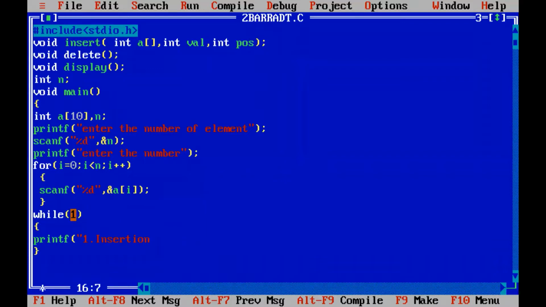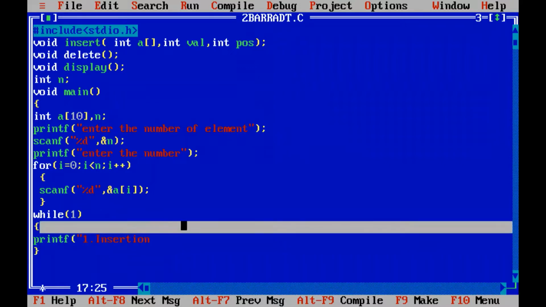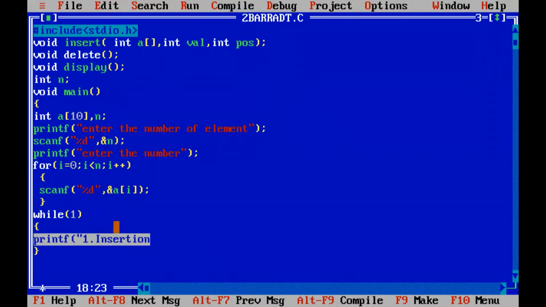1 and 0. 1 is taken as true, but if I give 0, it will be taken as false. So by default, without any proper condition, we are giving directly true. When we give 1, that means every time it will be executing the statements. It makes an infinite loop. Whenever the while checks the condition, it always returns true. There is no condition for making it false, it is always 1. While 1 means always true.